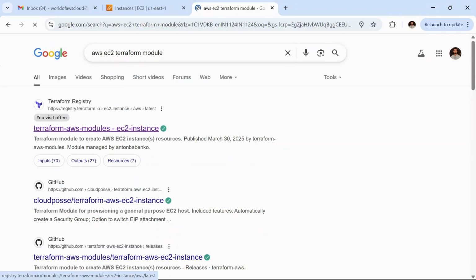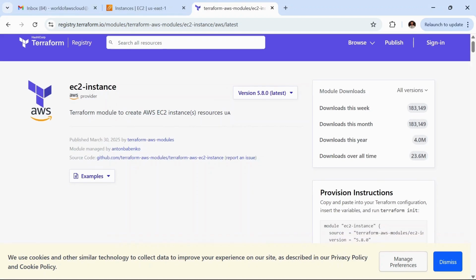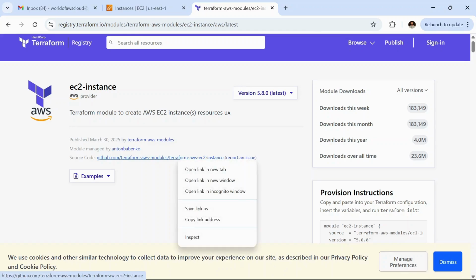This is the one we are going to refer to. The latest version is 5.8.0, and it has a large number of downloads, 23.6 million, because this module is dynamic and is used by many organizations as well as individuals.